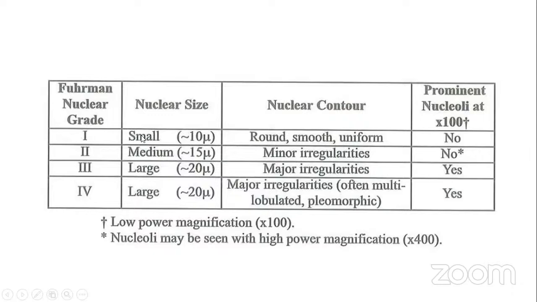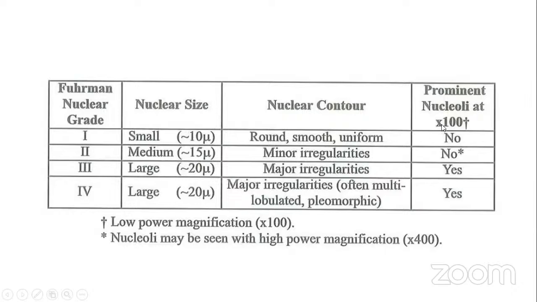For grade 1, the nuclear size is small, compared with grade 2, where nuclear size is medium, and grade 3, where nuclear size is large. Grade 4 is as large as grade 3. The small nucleus in grade 1 is about 10 microns, compared with medium, which is 15 microns, and large, which is 20 microns, for grades 3 and 4. The nucleus for grade 1 is round, small, uniform, and without prominent nucleoli at 100 times